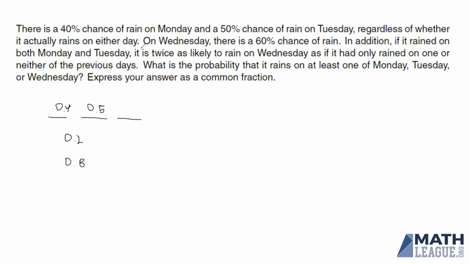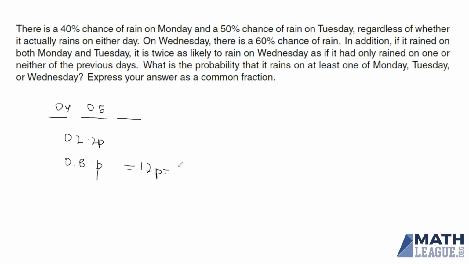So what we know is that on Wednesday, the probability of rain is 60%, but we also know that it's twice as likely if it rained on the previous 2 days as if it only rained on 0 or 1 day. So let's call the probability of rain on Wednesday 2p if it rained on both days, and p if it rained on only 1 or 0 of the days. So what we can do is we can combine these two together. So we have 0.2 times 2p plus 0.8 times p. So that gives us basically the probability of rain on Wednesday overall, and that has to equal 60%